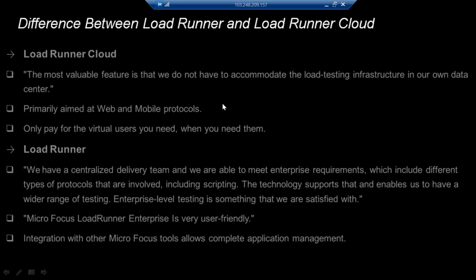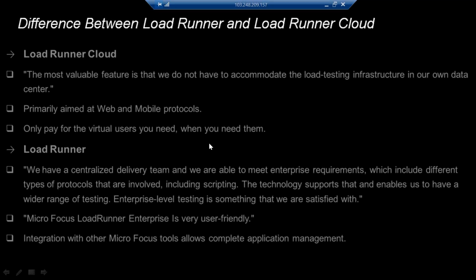Loadrunner Cloud is more elastic, and CPU and memory utilization are manageable and balanced. Primarily, it is focused on web and mobile protocols. Another feature is that you only pay for the virtual users you need.